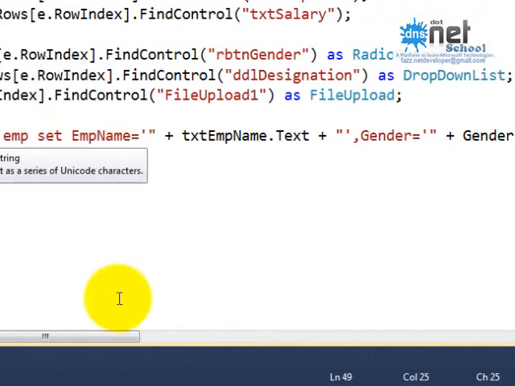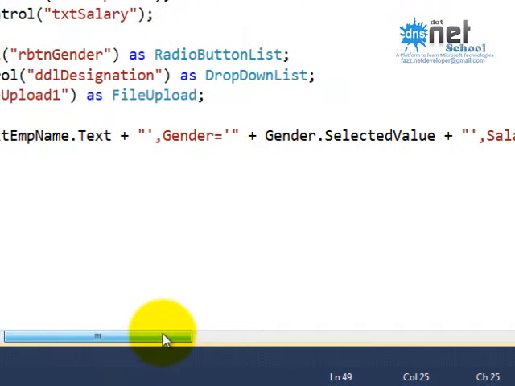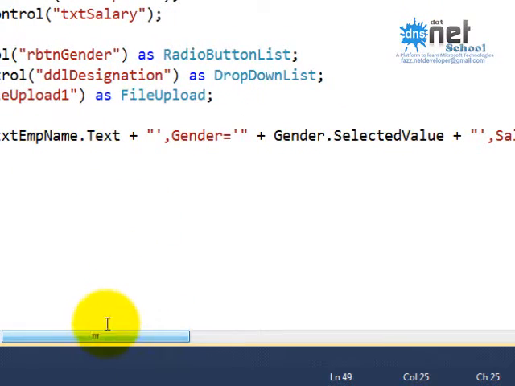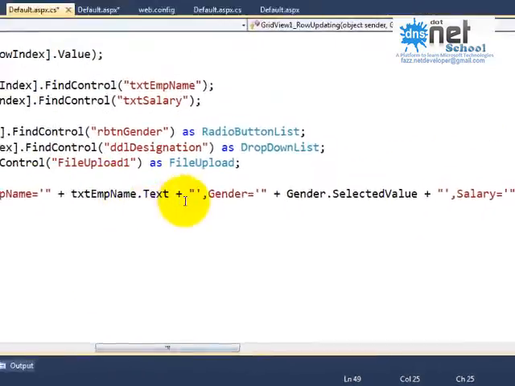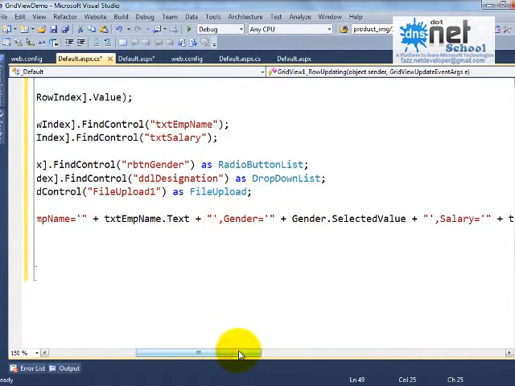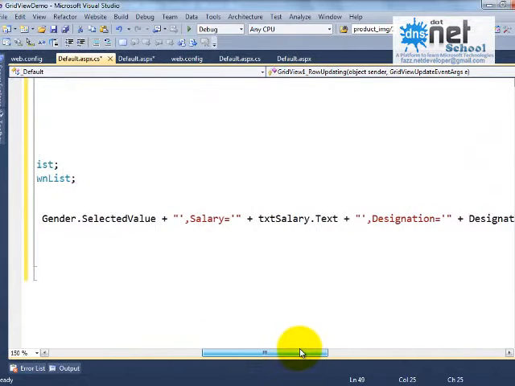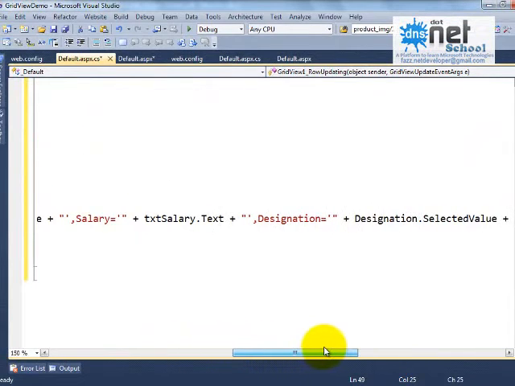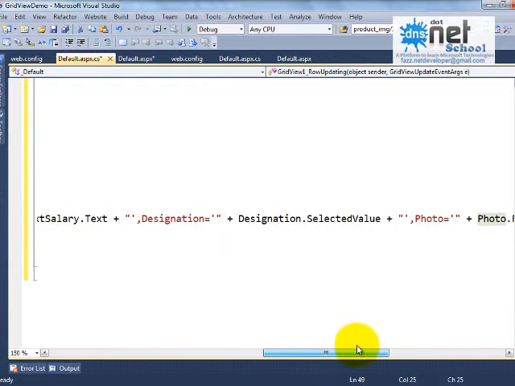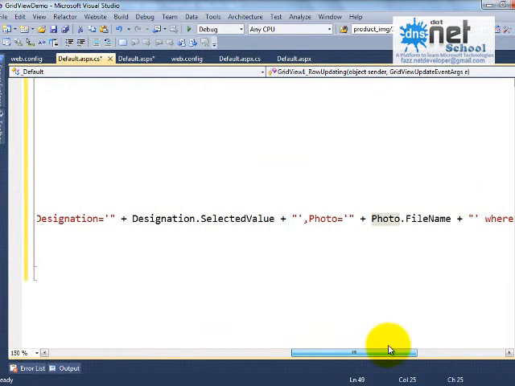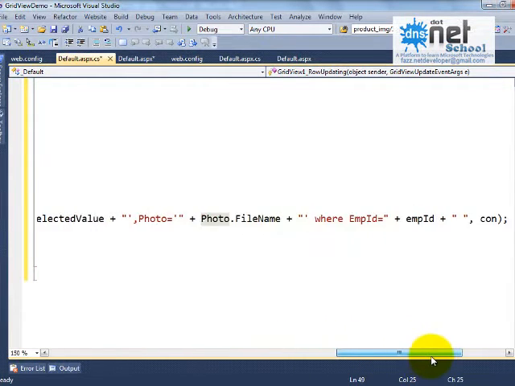So update emp set emp name equals to, check the code, if anything is there tell me. txtEmpName comma gender equals to radio button dot SelectedValue, salary equals to txt value, designation equals to designation dot SelectedValue, photo equals to file upload dot value, where emp id equals this thing.